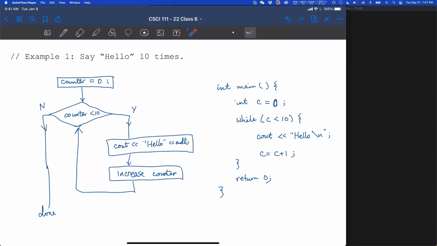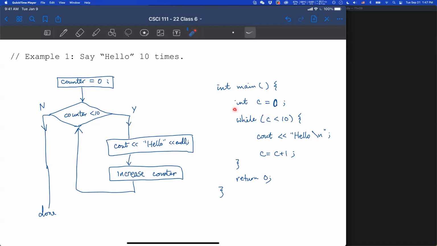So while our counter is less than 10, if it's not yet 10, we will print out hello. So it will stop when C equals 10. That means you already have hello 10 times.